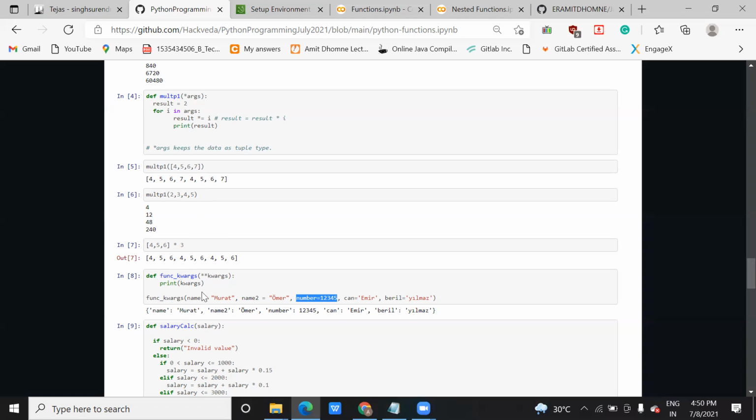In this example also I've shown you, in this code I've already added this. Here these are all keyword arguments. What is a keyword argument? In a keyword argument, we are using a keyword with a particular value. This is the difference between these two. Here you are just passing a value, and here you are passing it with the keyword. For example, roll number 1, roll number 2, roll number 3, or name student 1, name student 2, name student 3, or a certain set of values. So whenever we use keyword arguments, it creates key value pairs.